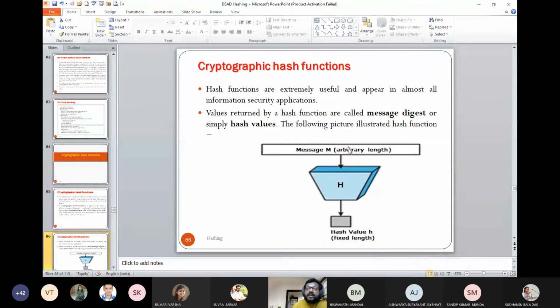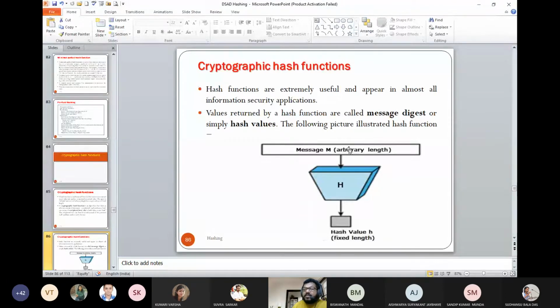So the cryptographic hash function is an algorithm that maps a message of arbitrary or very large length. In reality it is arbitrary length, but your password table where you store this is of fixed length.